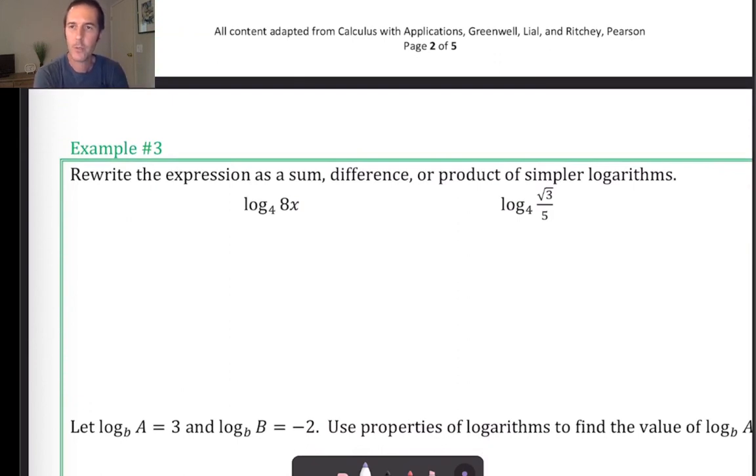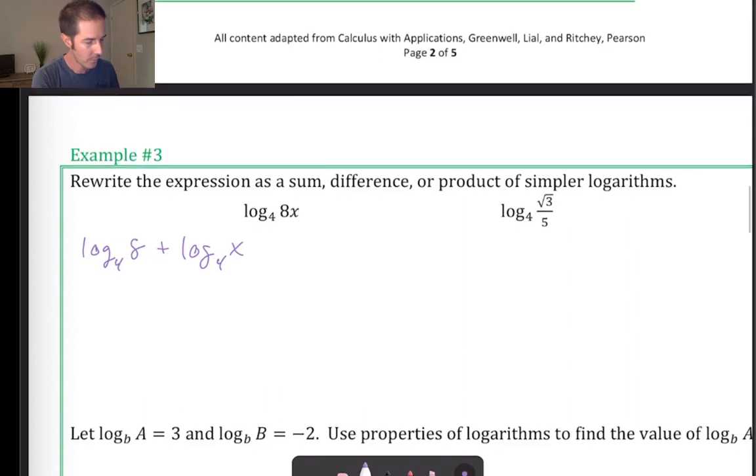Okay, so in example number 3, we want to rewrite the expression as a sum, difference, or product. And we're going to use the properties of logarithms that we just saw on the previous page. In this first example, log base 4 of 8 plus log base 4 of x is actually our final answer. We can't simplify either of those components, but what I used was the product rule in